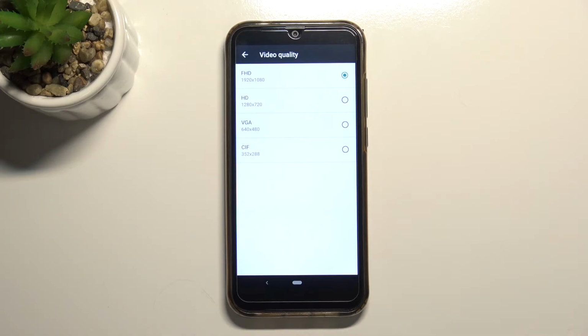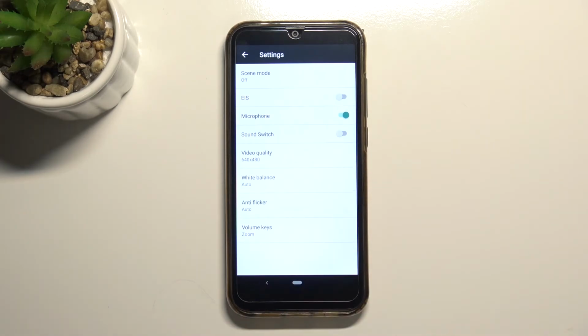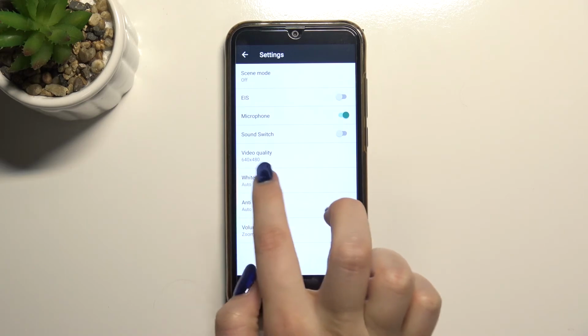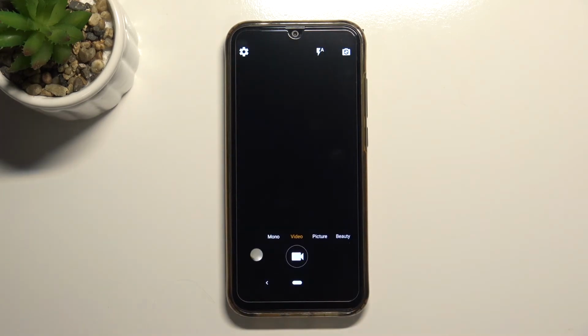So it's really up to you which option you'd like to use, and all you have to do in order to actually change it is to simply tap on the one you'd like to set. So let me pick, for example, the VGA, and as you can see it is notified right here, and it means that after getting back to the video mode, your device will immediately use the chosen quality to record